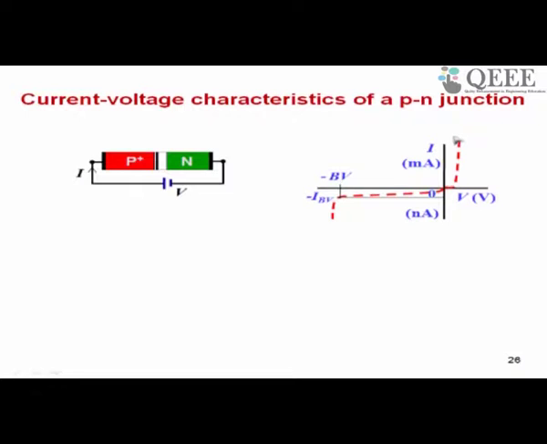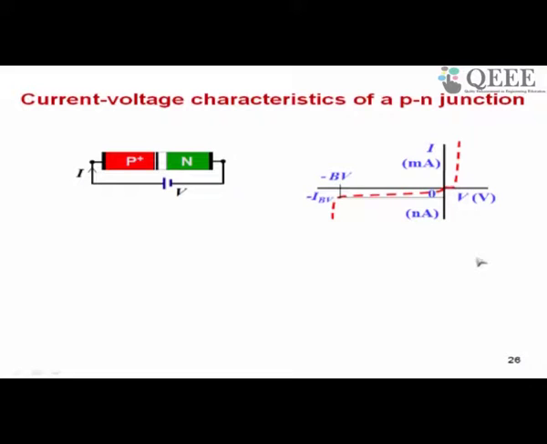In power devices things are different, but even in those devices, that is power diodes, the positive y axis will correspond to high current levels as compared to negative y axis, right, which shows the reverse characteristics. So always there will be orders of magnitude difference between currents plotted on the positive y-axis and negative y-axis. So this we must remember, because only on such an axis you see a change in the slope near the origin of the current voltage curve.